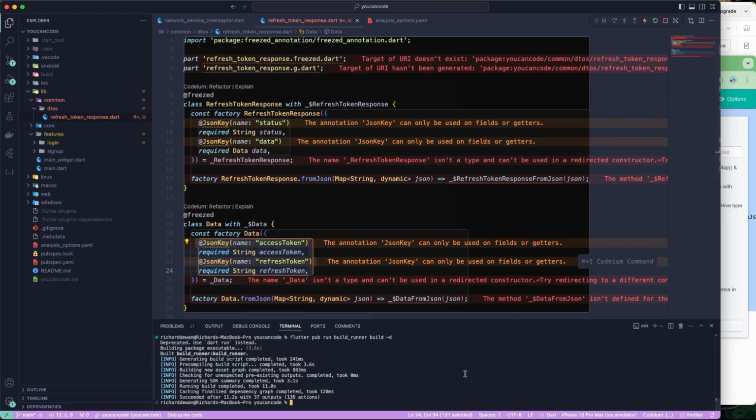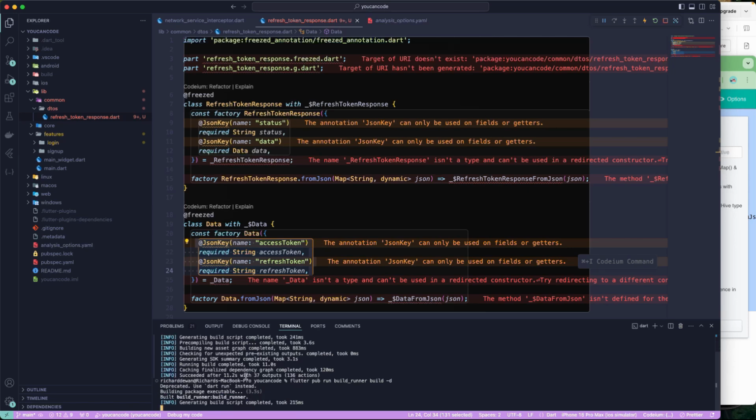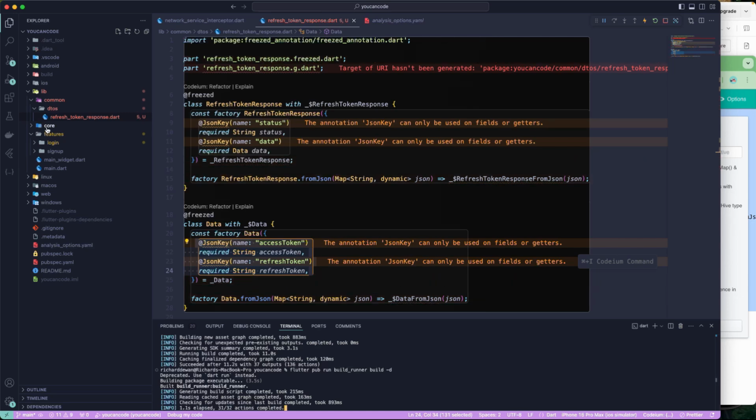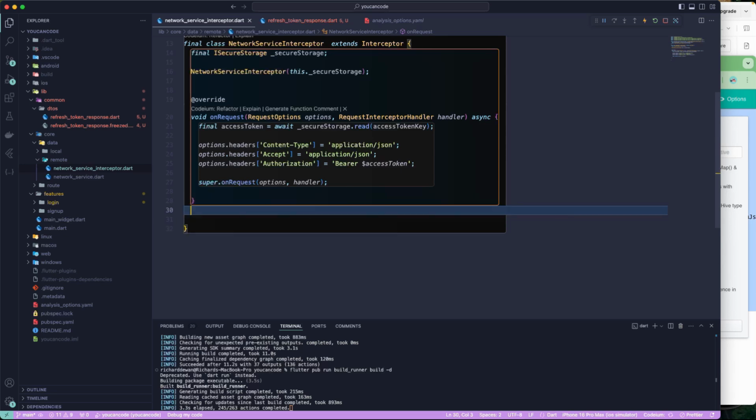Now once we have that, let's just go and run the build runner over here, flutter pub run build_runner build -d to generate these particular files over here. Let's just go and wait for this one to complete, and once it is generated, we will go back to our core, and let's go to the network service interceptor over here,